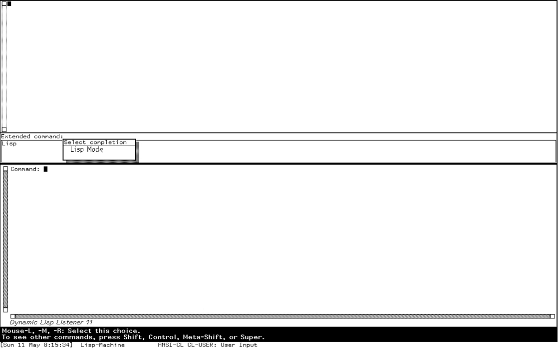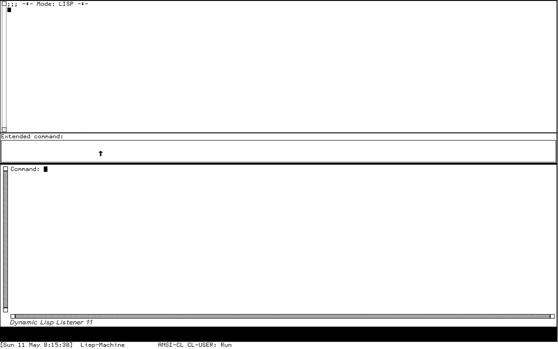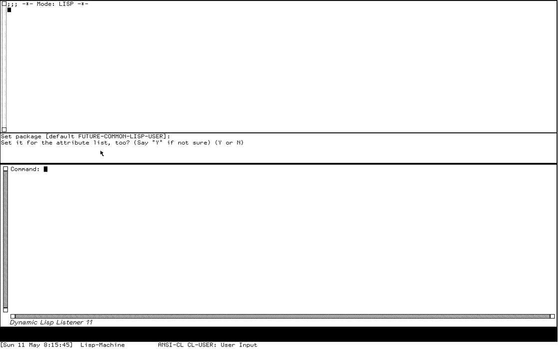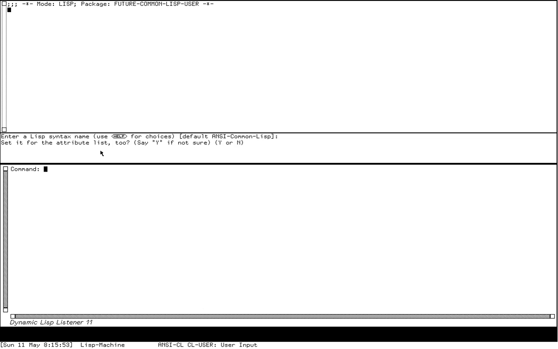Now you have completion, Lisp mode, set package, future common Lisp user, set Lisp syntax, and we want to have ANSI common Lisp as Lisp syntax. So we have dev class bar,